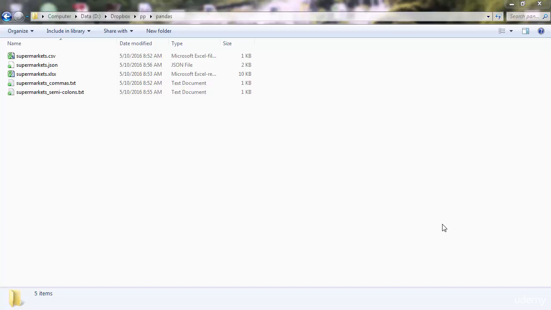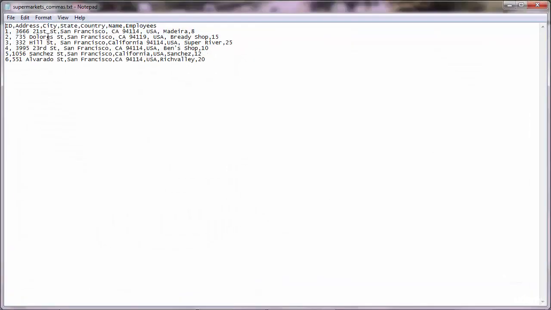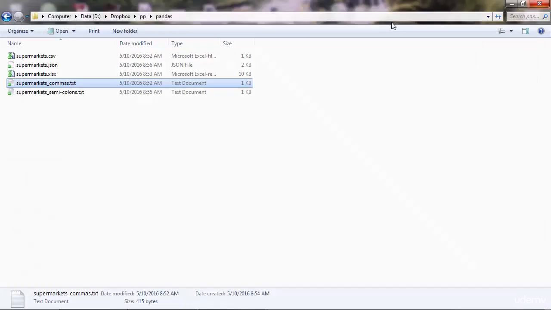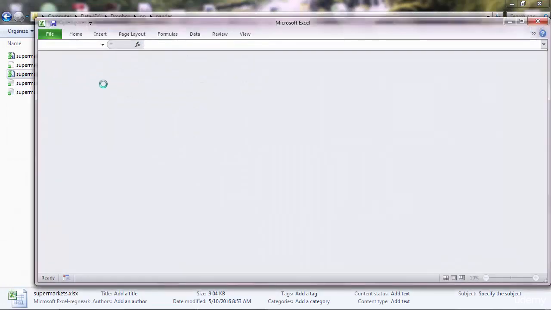Great, now that you have a basic understanding of pandas and you know how to use Jupyter notebooks, we can go ahead and learn how to load various kinds of files in Python using pandas and Jupyter. So I've got 5 files here. They contain exactly the same dataset, and this is a text version, or let me open the Excel version